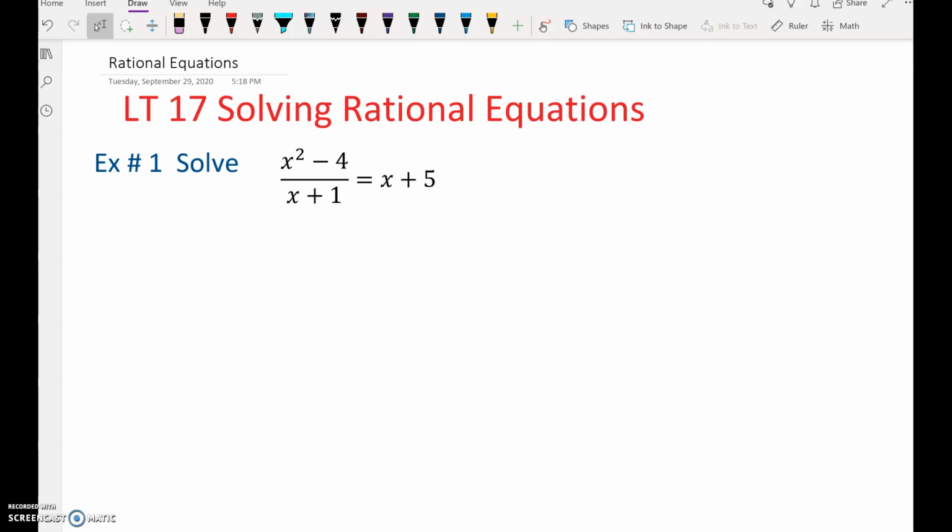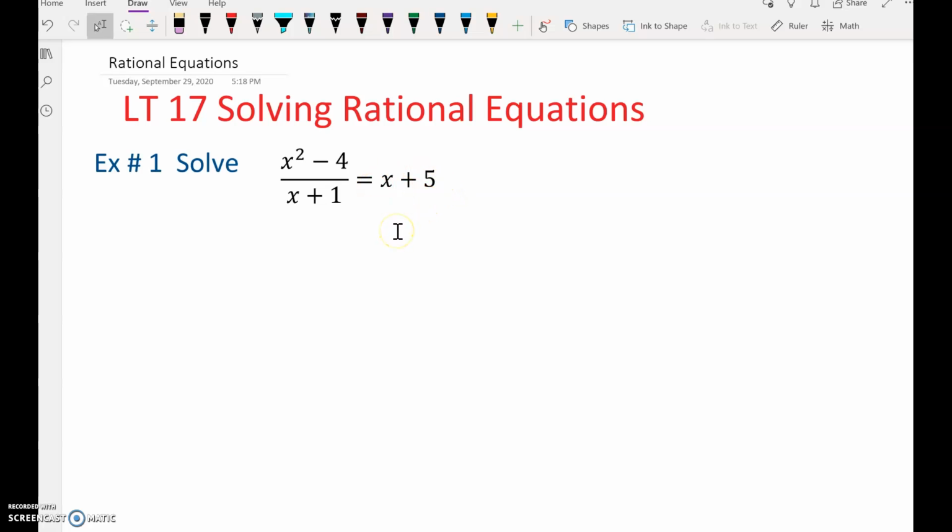This video is on Learning Target 17, solving rational equations. So the first example here is we have a fraction equal to the whole part of an expression, having a denominator of 1 on the right side. If this is the kind of rational equation you have, a fraction equal to a whole number,